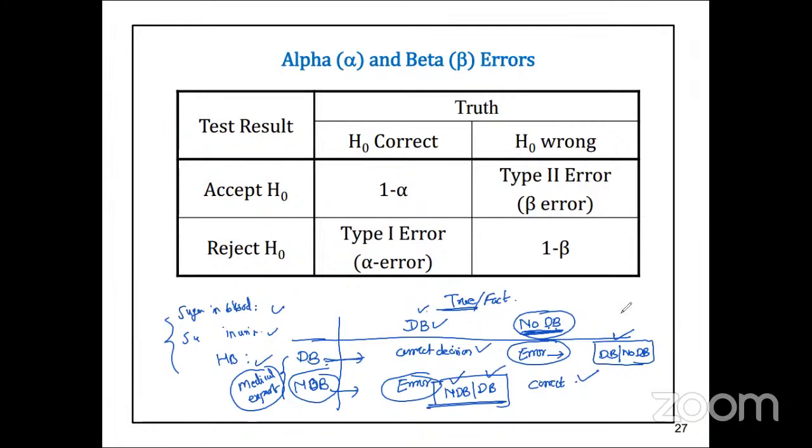So look at this scenario: these errors should be as minimum as possible. We want to minimize this error. Statistics does exactly this, that the error should be as minimum as possible. So look at this, that H naught is